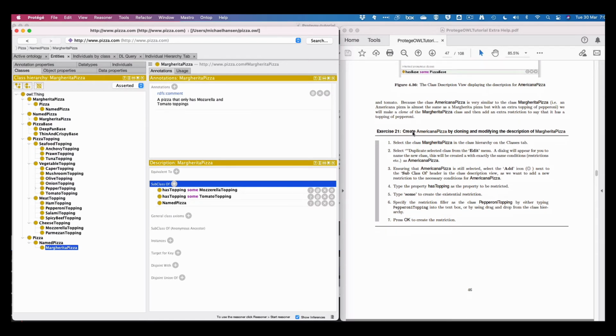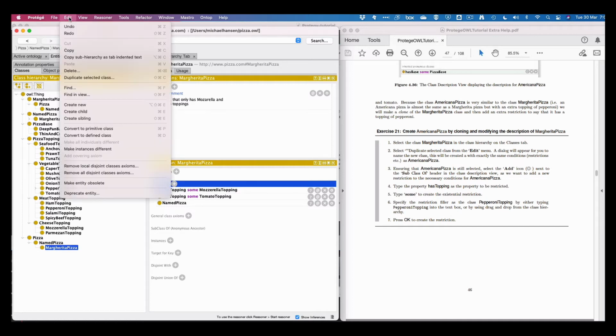So 21, we create Americana pizza by cloning and modifying the description of margarita pizza. So we select the margarita pizza and we select duplicate class in the edit menu. So edit, duplicate, select the class,